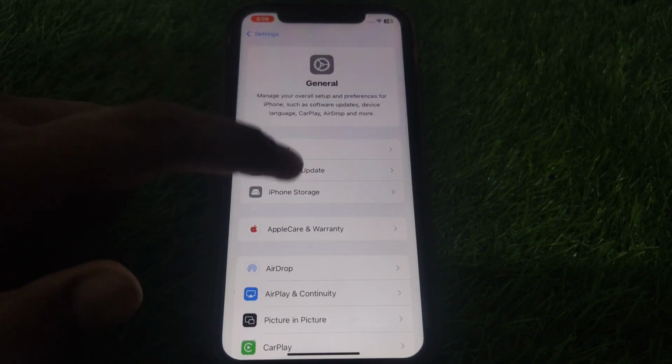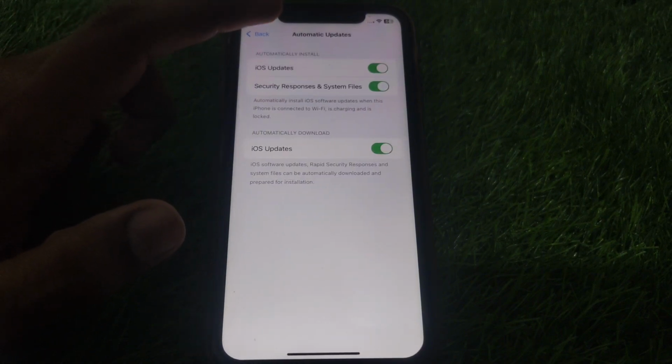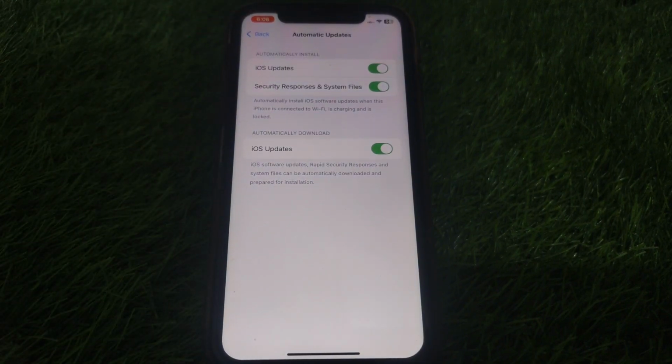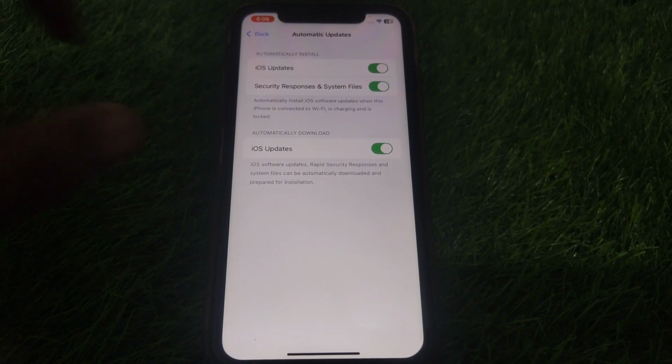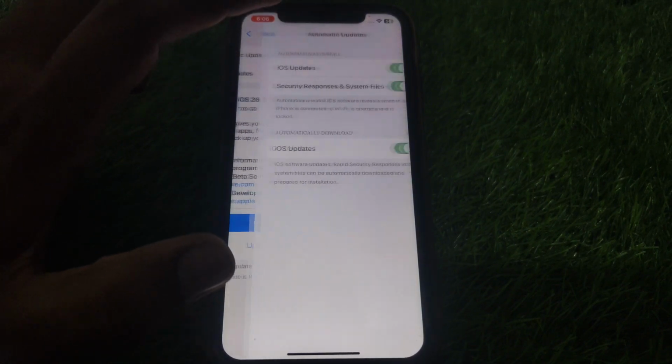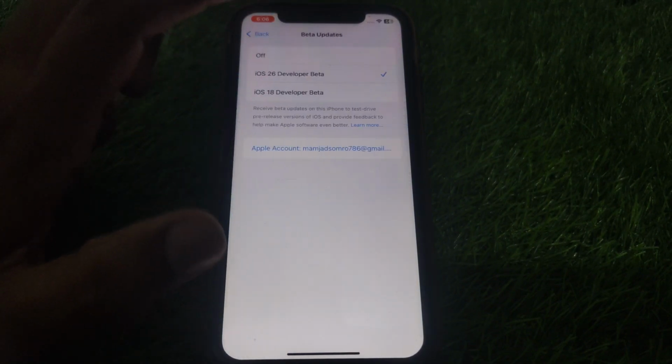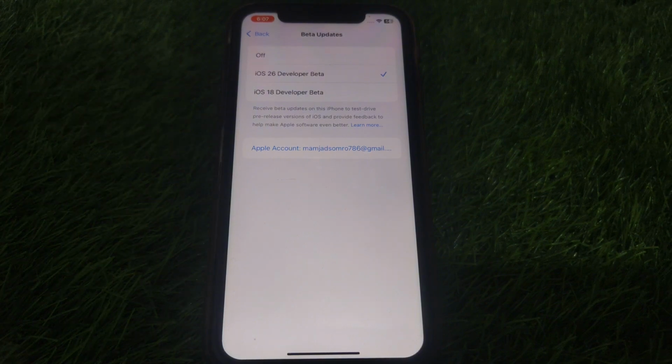Here you have to click on software update and make sure that you have turned on all the toggles like iOS updates and security and response system files, and also that you have turned on the iOS updates option. Moreover, if you want to download the beta version of the iOS 26 before anyone else, so you want to enjoy the iOS 26,